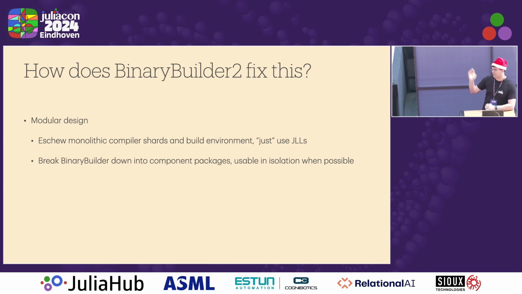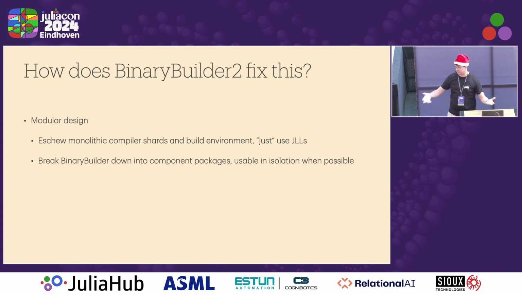The first thing is to break it apart into a more modular design. So instead of having one giant package, or since Mose was so upset with the pre-compilation times, he actually split it out into 2 packages. Now we have like 13 packages. But the cool thing about these packages is that they're useful in isolation. So for instance, the containerization primitive from BinaryBuilder has now turned into Sandbox.jl. The collection of wrapper scripts around GCC and Clang is now in its own BinaryBuilderToolchains.jl. And that's a package that you can actually use outside of BinaryBuilder.